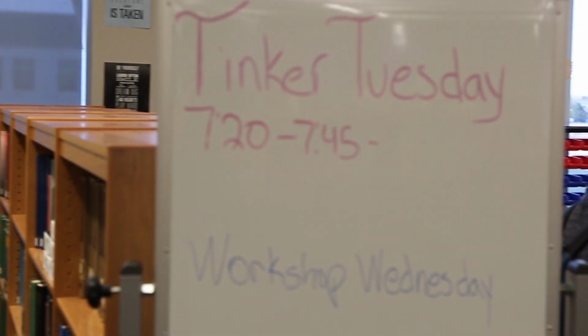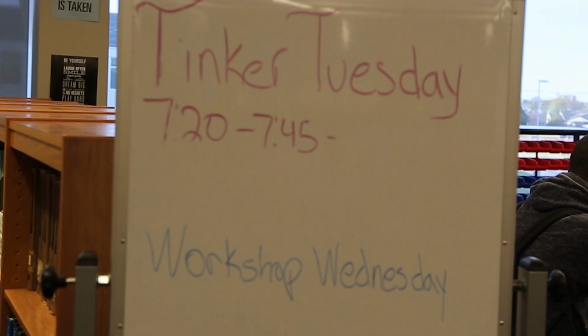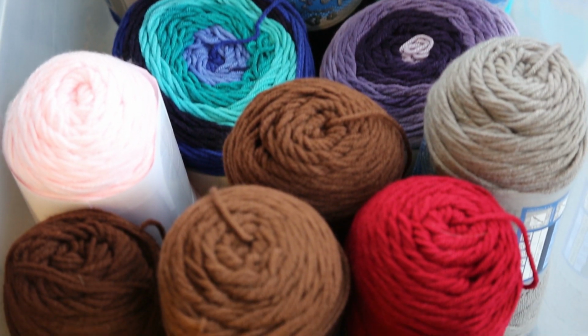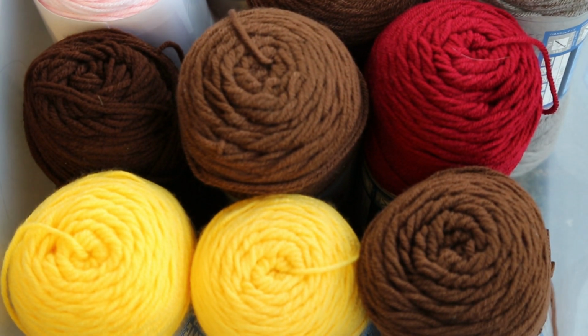Every week, Garden City High School's library hosts Tinker Lab Tuesdays and Workshop Wednesdays. Any student can come in from 7:20 to 7:45 a.m. on Tuesdays and from 3 to 4 o'clock p.m. on Wednesdays. Here, students can come try out new technology and learn new crafts such as knitting or even building